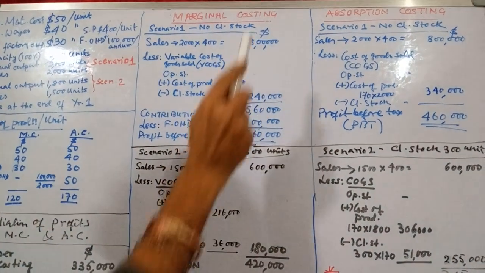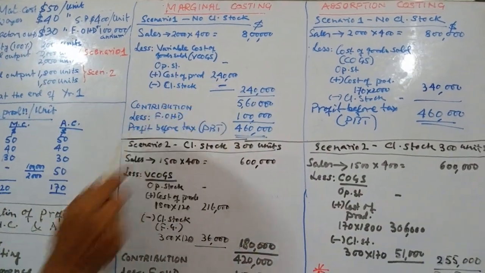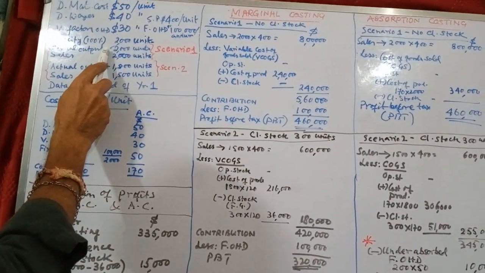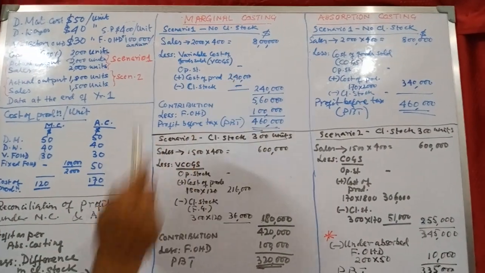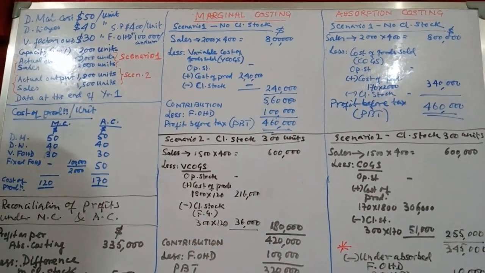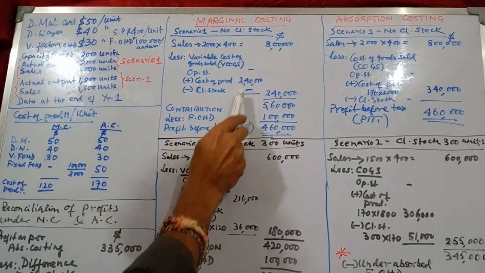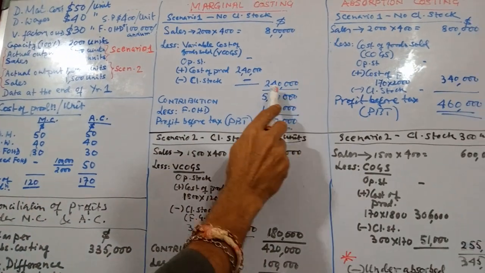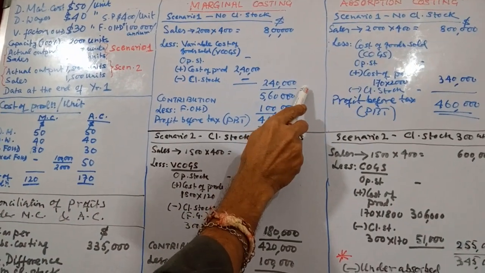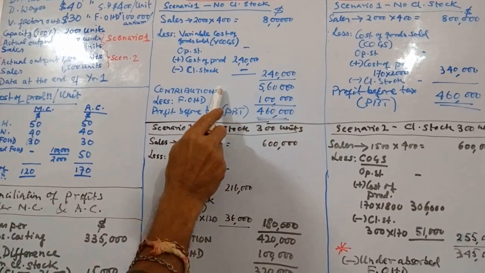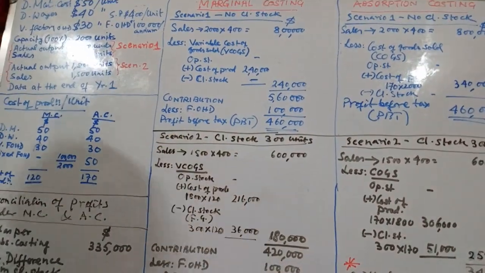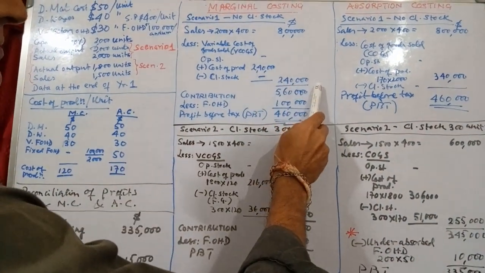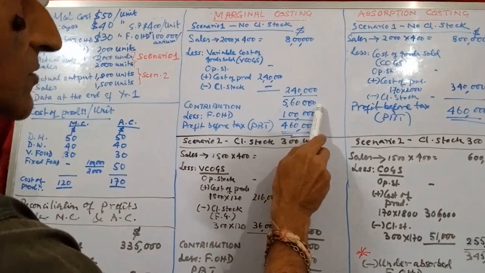There is no opening stock, zero opening stock. Cost of production is how much? 120 into output 2000, that gives us 240,000, minus closing stock, there is no closing stock, so variable cost of goods sold comes to 240,000. We deduct this from sales and we get contribution. It is also called contribution margin, same thing. So 800,000 minus 240,000 equals 560,000. So contribution is